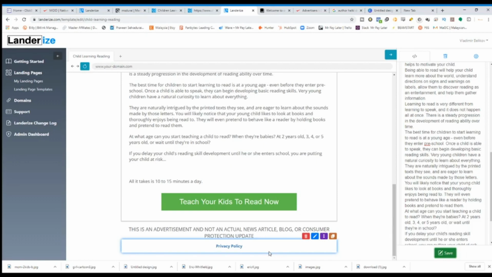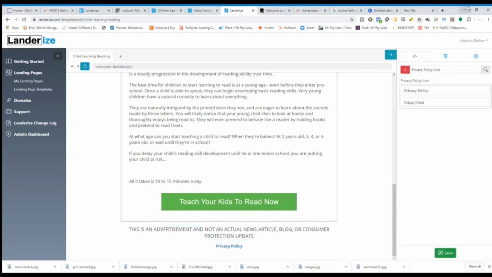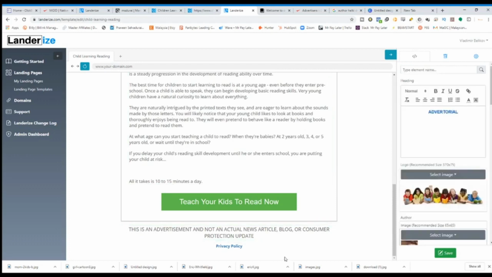But when you're trying to do it on a big scale, once you're trying to expand, this privacy policy, these disclaimers, these terms and conditions are usually to protect yourself in the worst case scenario where you get sued or something like that, which you will not get. It's very rare to have this issue, but in the worst case scenario that this happens, you want to protect yourself, and that's why you need to put them. It's very easy, guys. All you gotta do is go over here and make a page in your WordPress, make a page in your website with your landing page, and just paste the link over here. It's that easy, but we don't have a privacy policy or terms and conditions right now, so we're gonna